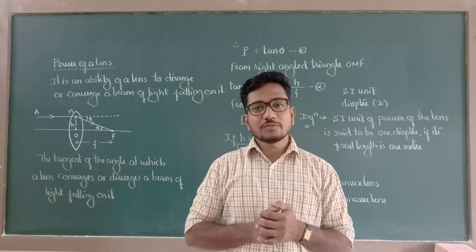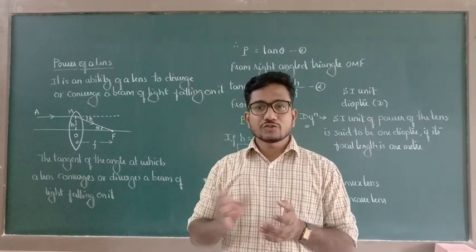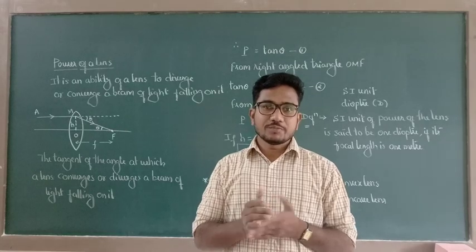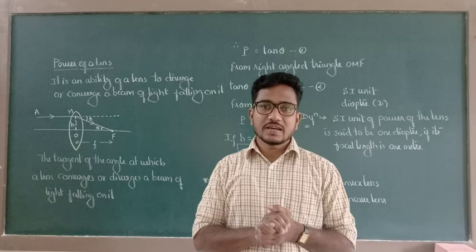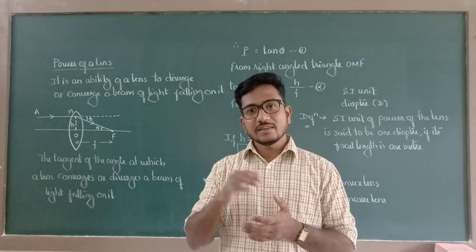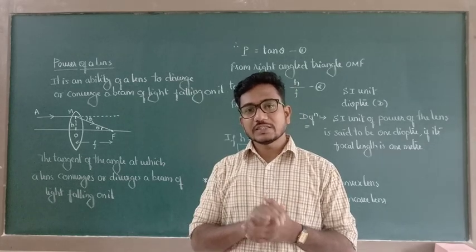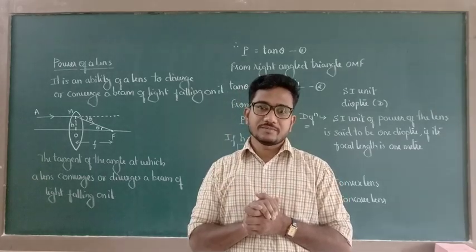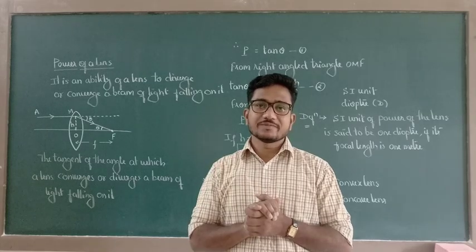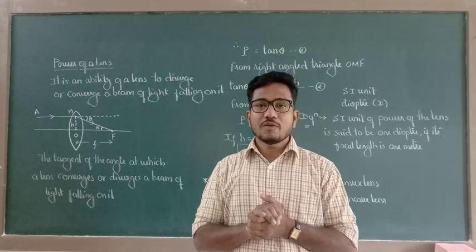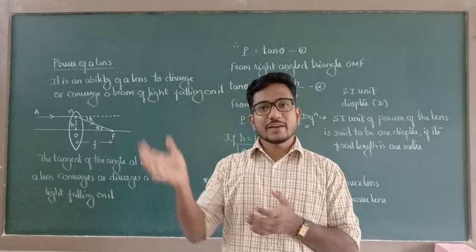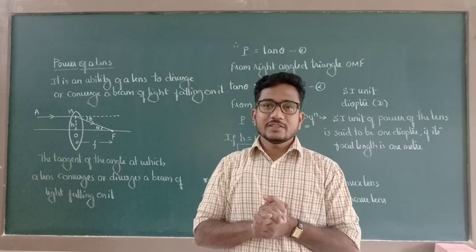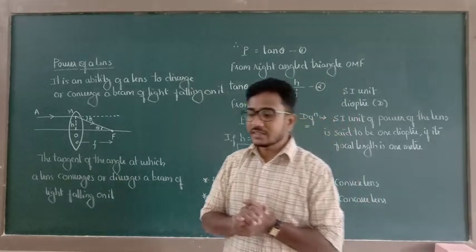Similarly, in case of microscope, we know that a microscope is made up of 2 types of lenses: objective lens and eyepiece. Again, in that instrument we are going to consider combination of lenses to view a smaller object clearly and distinctly. Similarly, in case of compound microscope, and similarly in case of telescope.